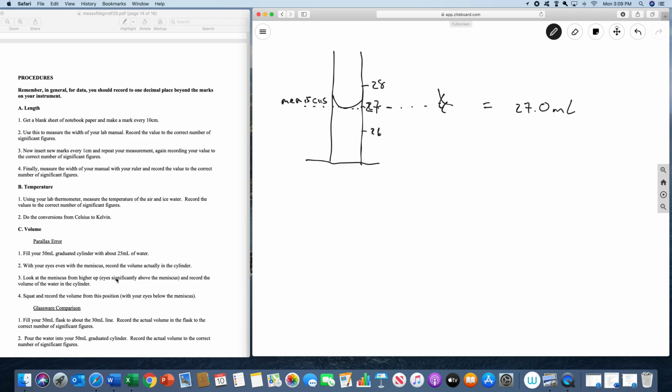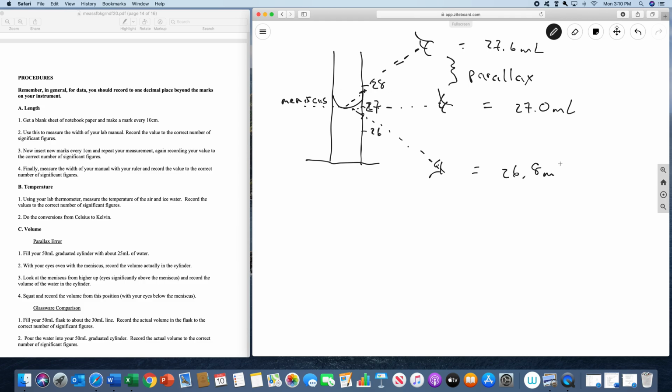Then what you're supposed to do, if you look over here, is look at the meniscus from way up here, and look down at it. Now when you look down, see how the marks are on the glass. So you might say this is 27.6 milliliters. Then you're supposed to do it a third time with your eyes way down here. This error is called parallax error. It's error from looking at the wrong angle. But again, it's where it hits the glass that you read it. So you might say this is